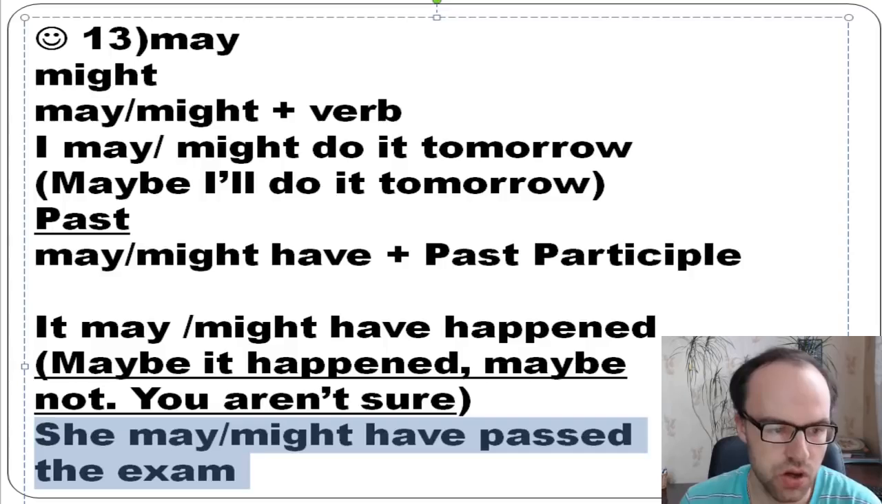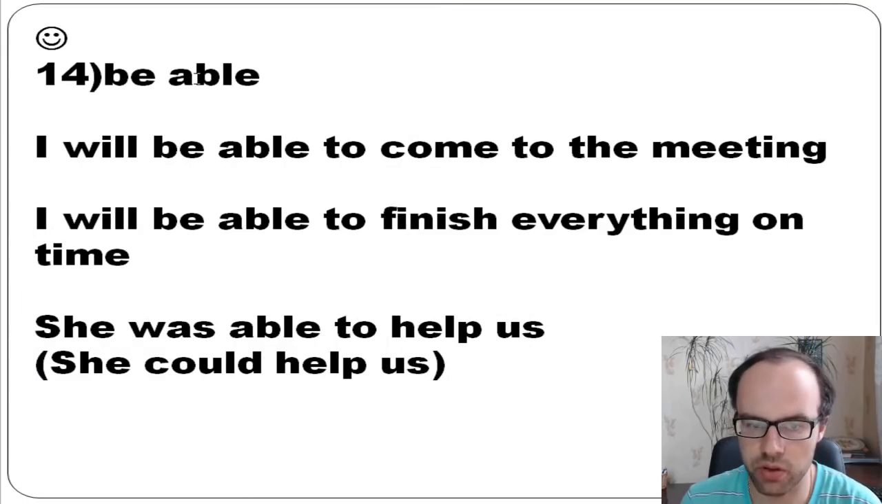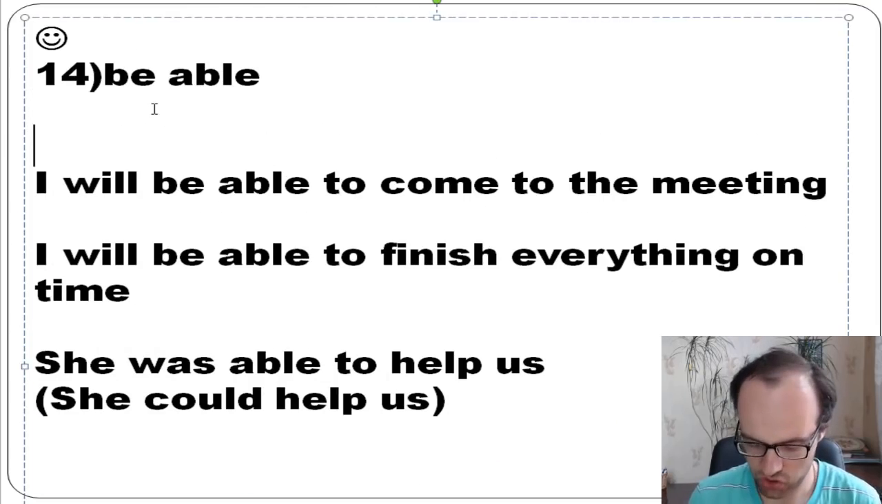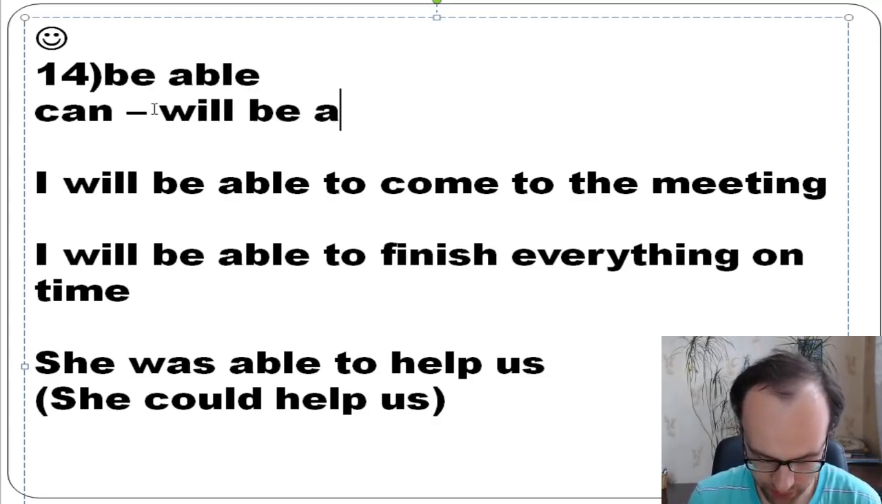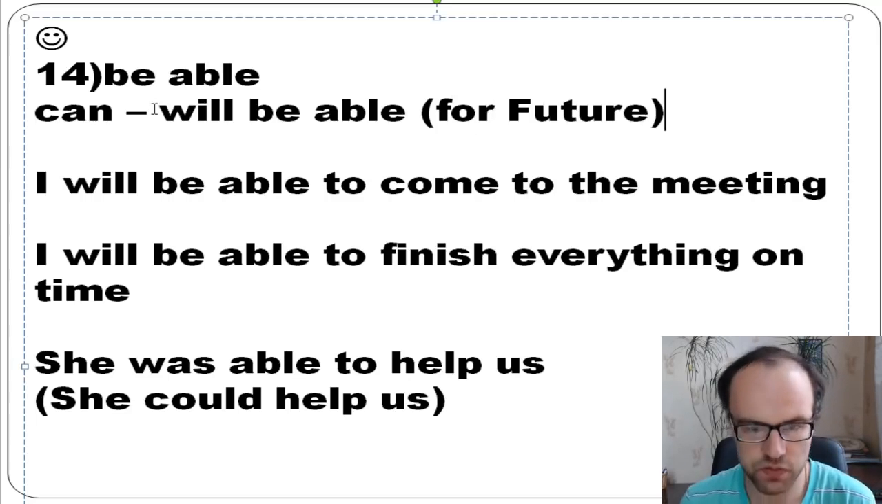Good. Well, be able, okay? So you know that we often use can, yeah? But how will you say it in the future? So what is can in the future? You know that we use will be able. So will be able, it's for future. I will be able